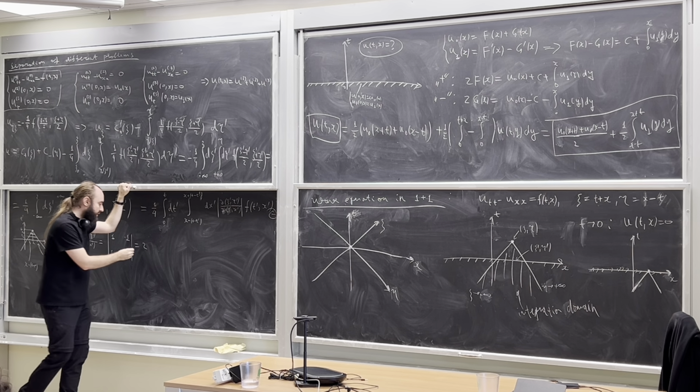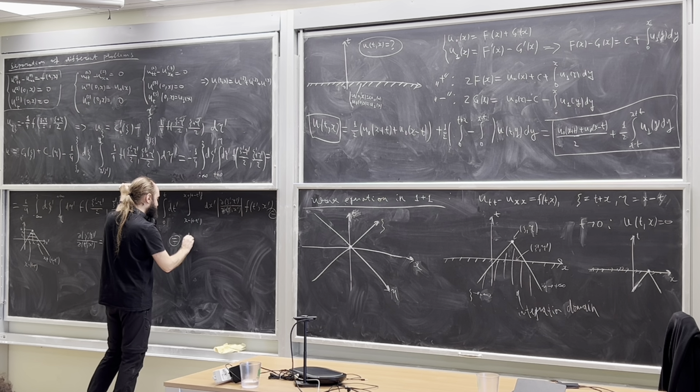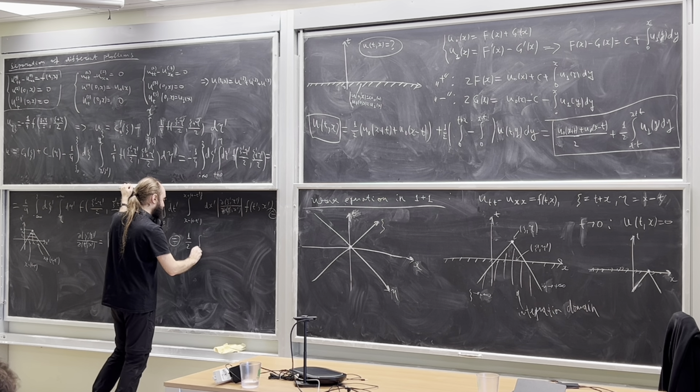So the integral itself is 1/2 times the integral from 0 to t dt prime, integral from x minus t minus t prime to x plus